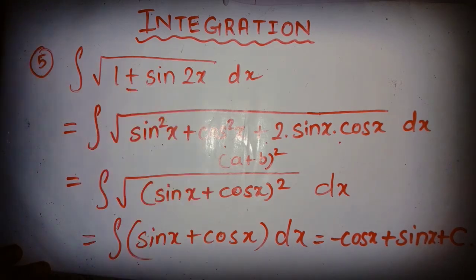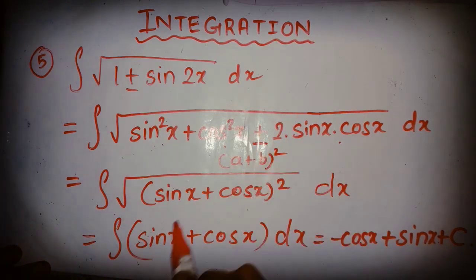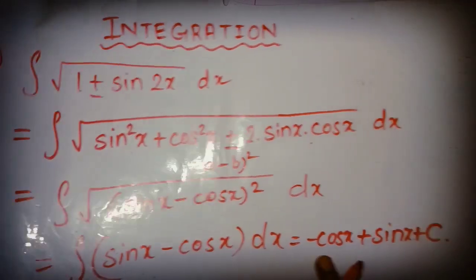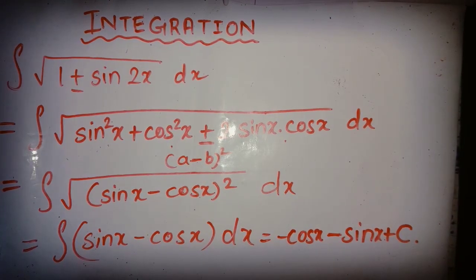Now in the same way, if you get minus sin here, then this will be a minus b the whole square. So this will be minus, this will be minus, and this will be minus. Okay, so you solved two problems in